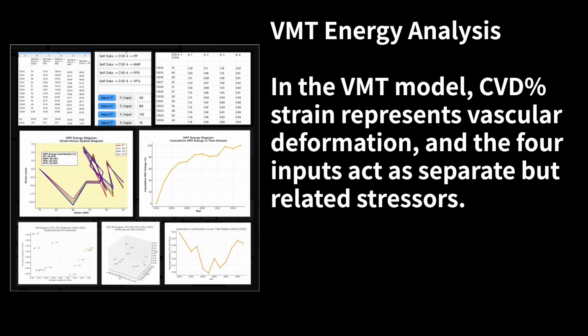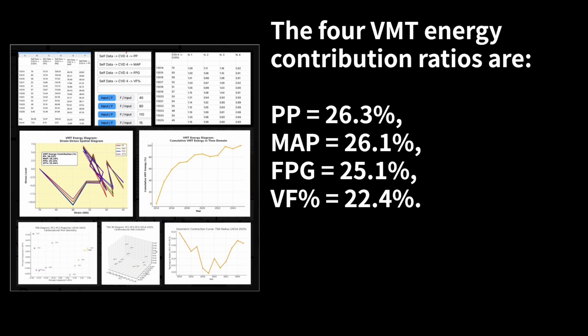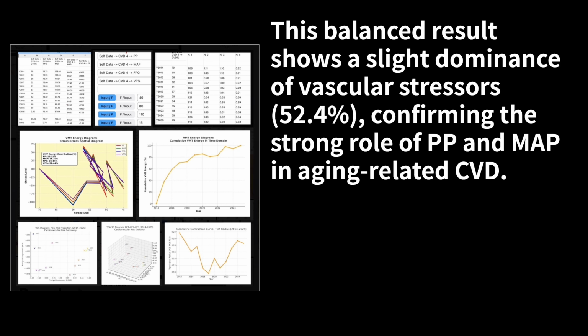VMT energy analysis. In the VMT model, CVD% strain represents vascular deformation, and the 4 inputs act as separate but related stressors. The 4 VMT energy contribution ratios are: PP is 26.3%, MAP is 26.1%, FPG is 25.1%, VF% is 22.4%. This balanced result shows a slight dominance of vascular stressors, 52.4%, confirming the strong role of PP and MAP